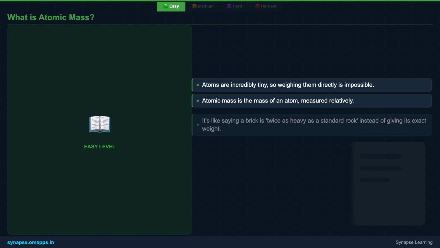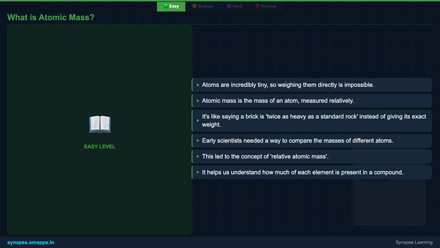Imagine trying to weigh a single grain of sand with a regular scale. It's practically impossible. Atoms are even tinier, so small that directly weighing them individually is out of the question. This is why scientists came up with the idea of relative atomic mass. Instead of an absolute weight, we compare an atom's mass to a standard reference. Think of it like comparing the weight of different fruits to a standard apple. This relative approach helps us understand how much heavier or lighter one atom is compared to another, laying the groundwork